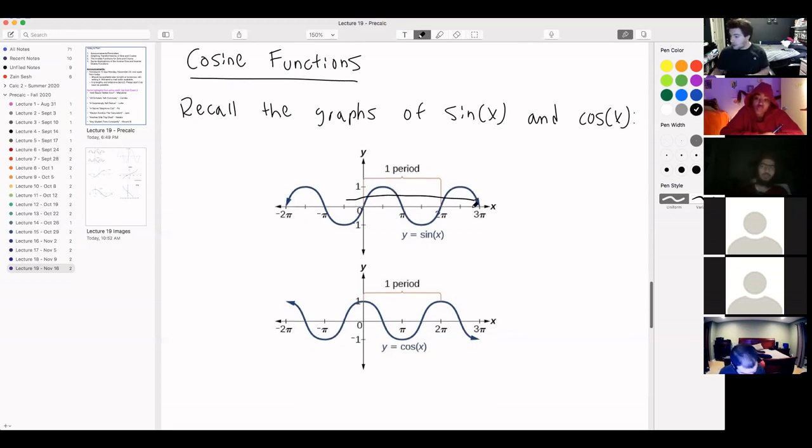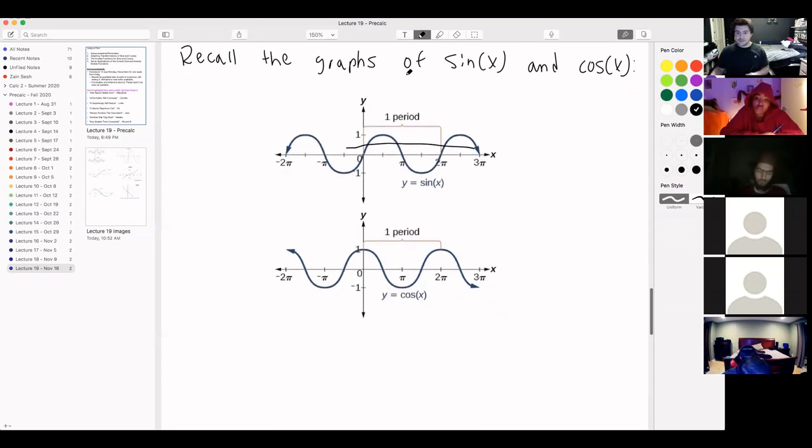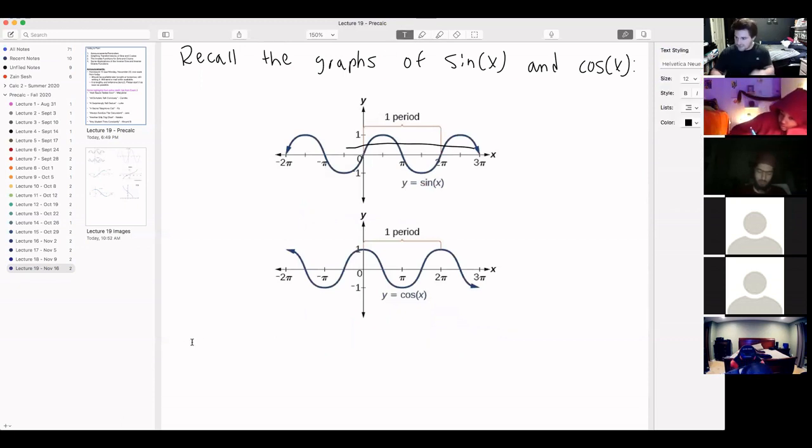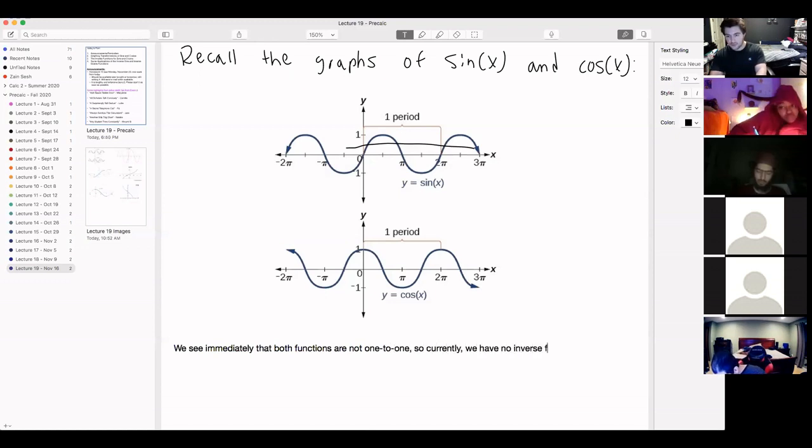There's no inverse. Let me just write this to have it here. We see immediately that both functions are not one-to-one. So currently we have no inverse function. Hopefully that's clear. However,